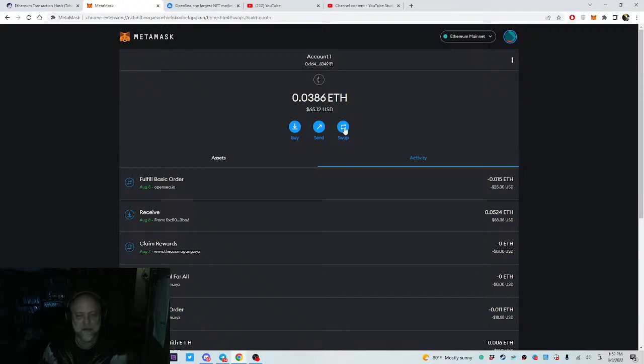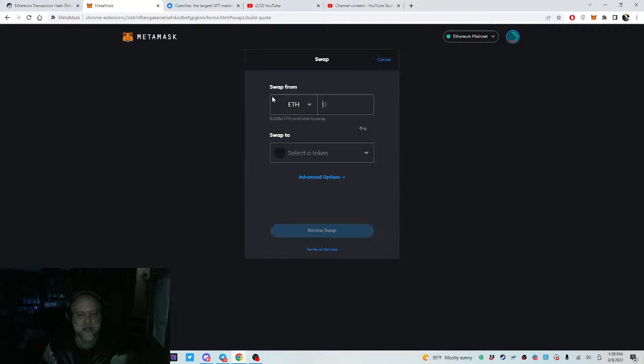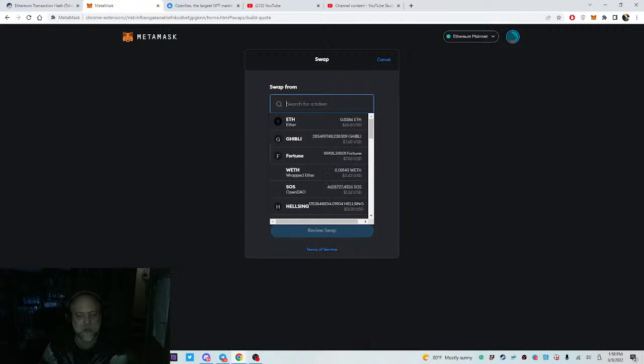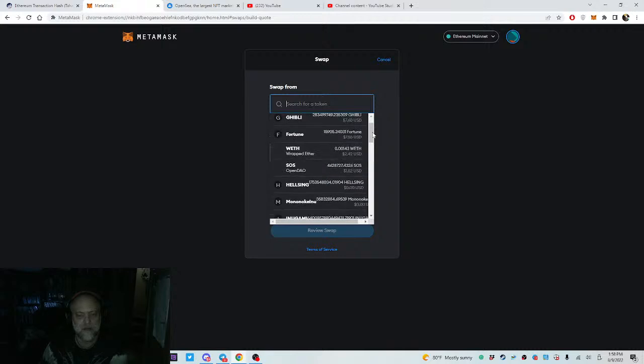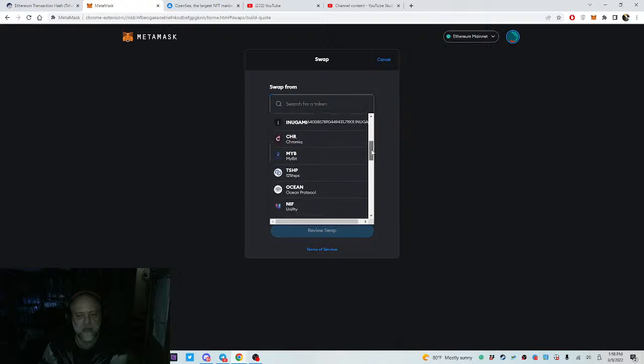Swapping, same difference. It'll be the same exact type of thing. If you're swapping, this will be with you're swapping different tokens, usually ERC20 tokens. So you can swap one token for another if you have a whole bunch of one and you need something or another, or if you want to sell real quick. Like you could click on there